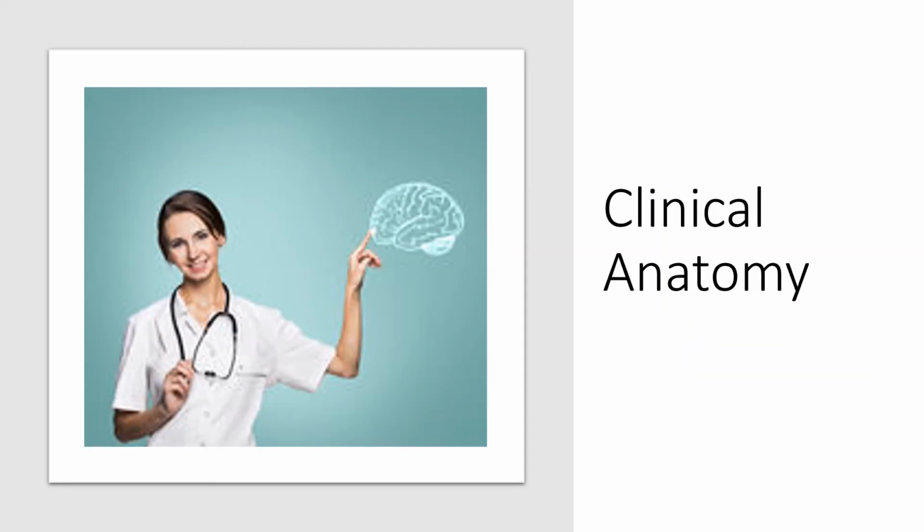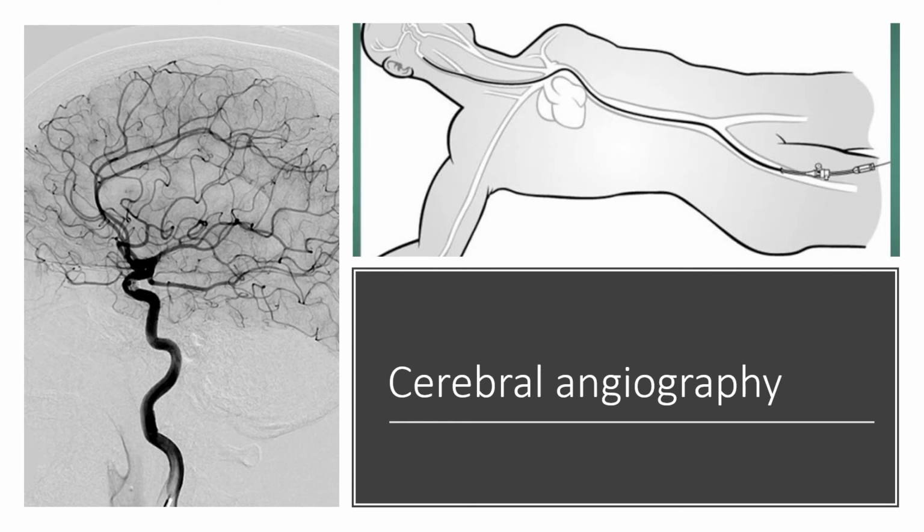Now we will discuss the clinical anatomy. Cerebral angiography. Cerebral angiography is a radiological technique to visualize the blood vessels of the brain. A radio-opaque solution is injected into one of the major arteries supplying the brain, and serial radiographs of the skull